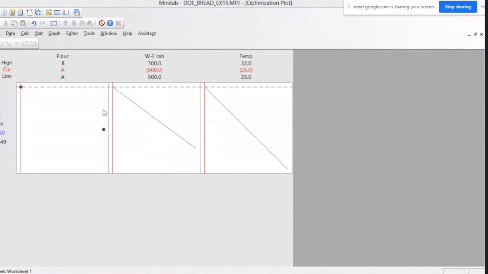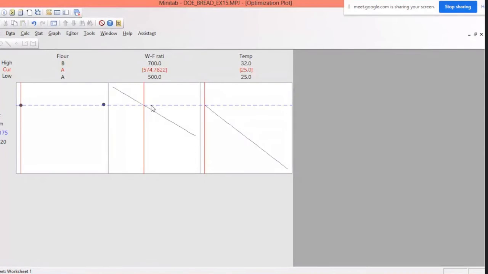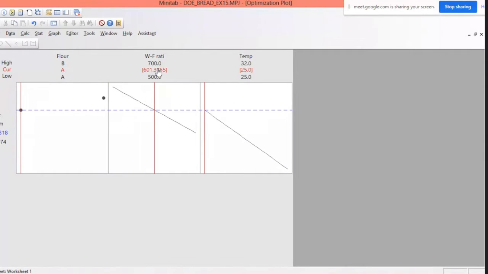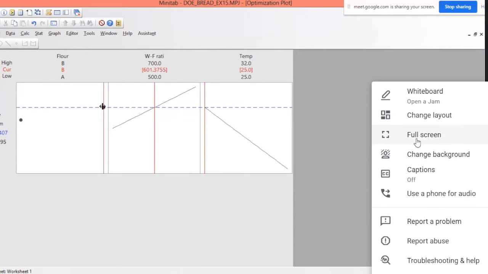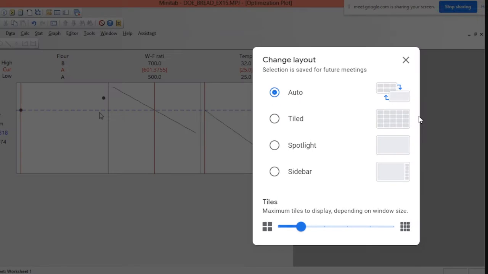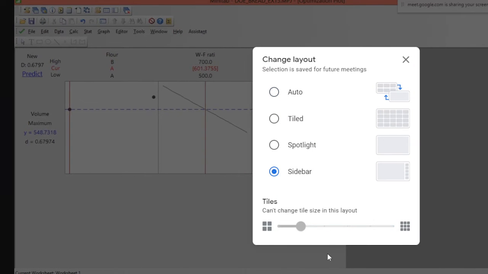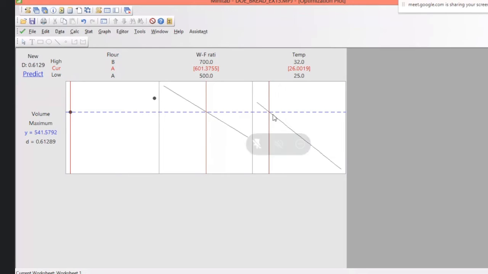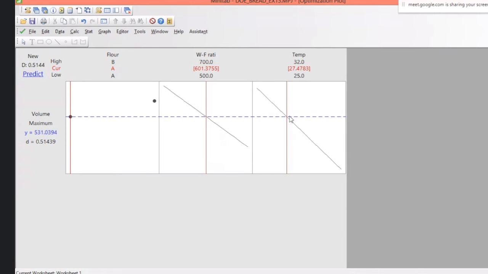Yes. So nominal means you can keep it in center, no? So here it is changing, no? It is 500, 700. So 600 you can keep it as 600, no? Anywhere you can keep. Only for the flow type A and B you have only two options. Either you can go at flow B, or you can go at flow A. Whereas for the temperature and the water to flow ratio, you can keep in between, anywhere you can keep.